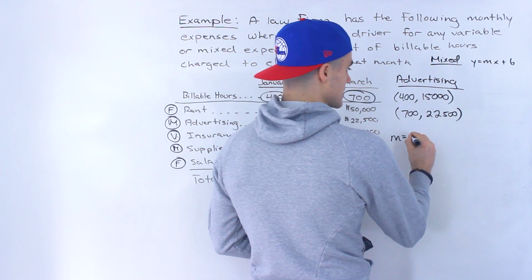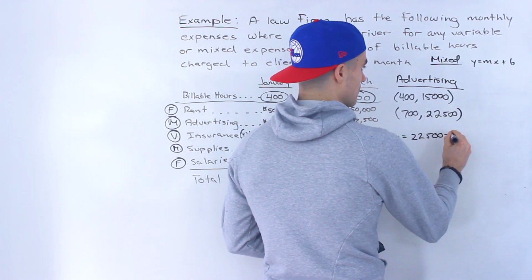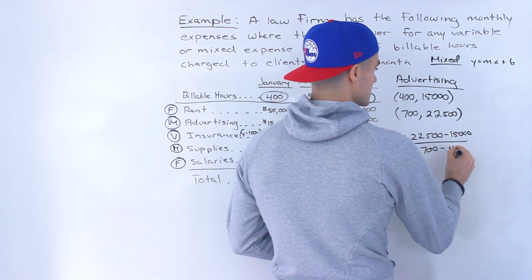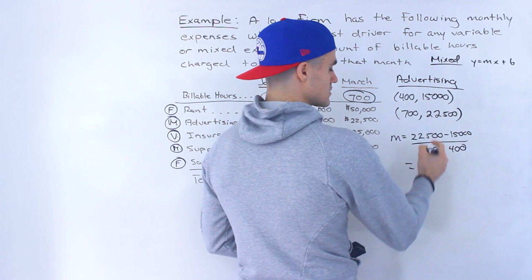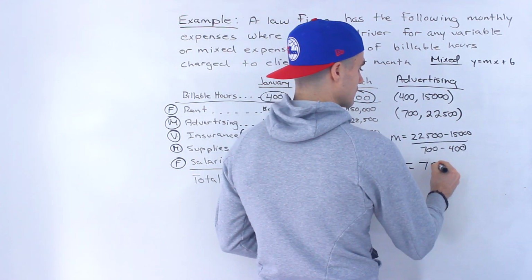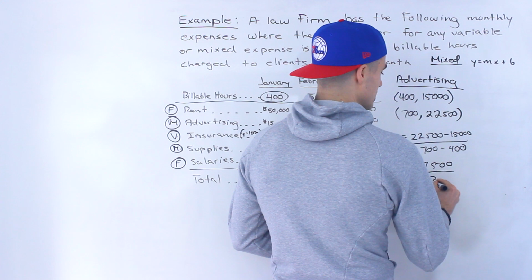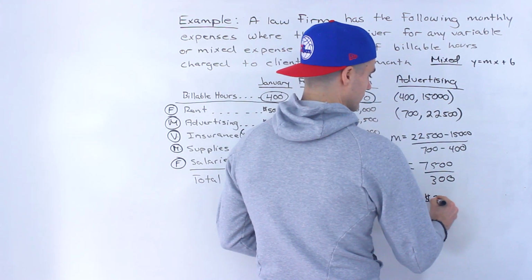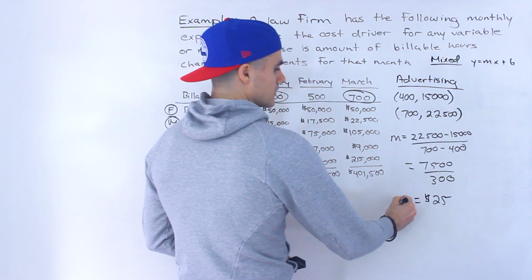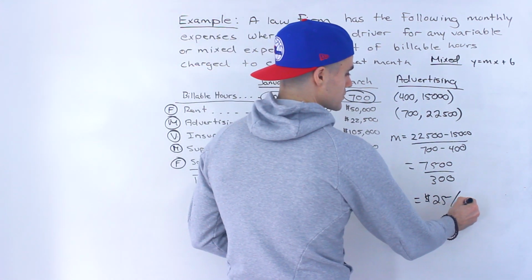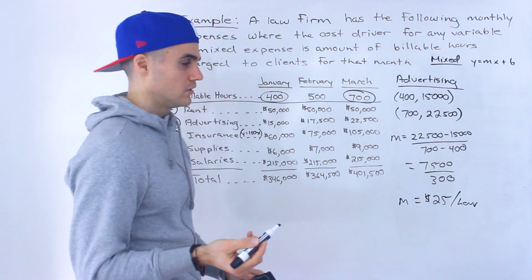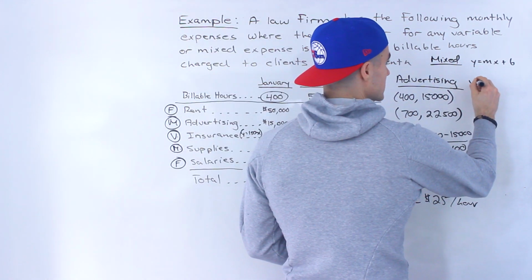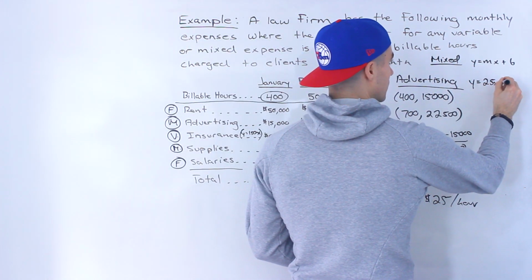So we would take this minus that, so 22,500 minus 15,000 divided by 700 minus 400, like that. So this would be what? 7,500 divided by 300, like that, which would give us 25. So M is $25 per billable hour. Right? So for this, we know advertising is going to be y equals 25x,